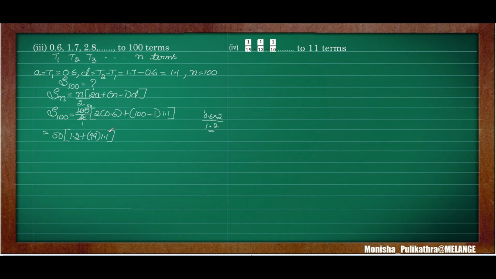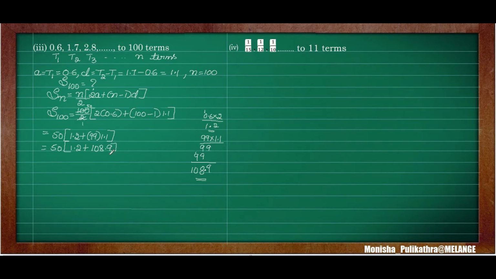So next we need to multiply this 99 into 1.1. You don't bother about the point until you get the answer. You just multiply it with 1. 1 9s are 9, 1 9s are 9. Again 9. So here 9, 9 plus 9 is 18 and 10. After one digit there is a point, so you put a point here. Okay, 108.9. So the next step we need to write 50 into 1.2 plus 99 into 1.1 is